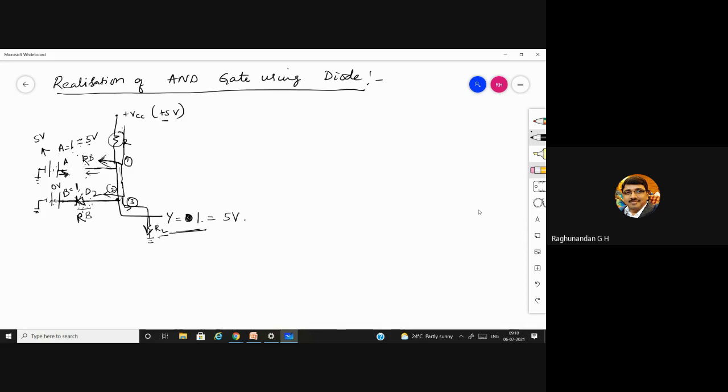Again, if B is equal to 1, that indicates this battery is also powered with 5 volt. Now, again the same case. Current through this will be more compared to the current through this direction. Again the diode will get reverse biased, so this becomes open circuited. When both of them get open circuited, the only option available for the current to flow is through RL, because a diode in reverse bias condition offers infinite resistance compared to the resistance offered by the load.